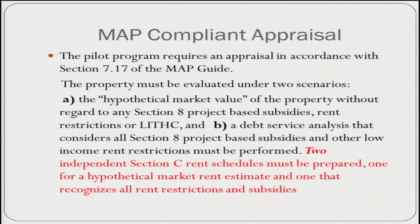A few of the qualifications or requirements of the appraisal: essentially, in terms of a 223(f), it has to be compliant with section 7.17 of the MAP guide. And in that section, the appraisal is consistent with evaluation in two facets. One, for example, at criterion 3, a hypothetical market value must be estimated, in which market rents and market operating